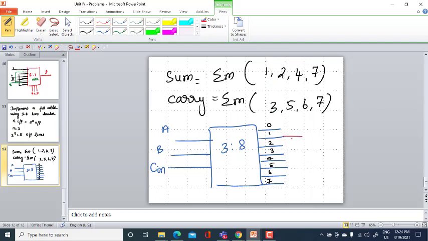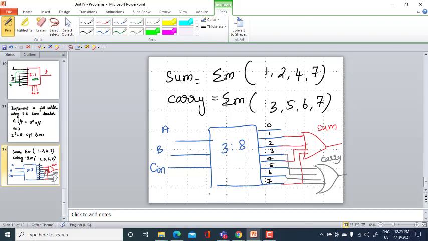So 1, 2, 4, 7 can be implemented with the help of an OR gate. This is my sum, whereas for the carry, 3, 5, 6 and again 7. This is my carry. This is how I can implement a full adder by using a 3 to 8 line decoder.